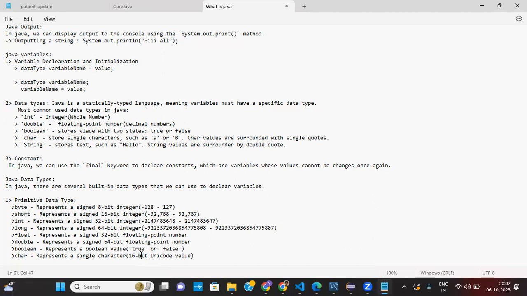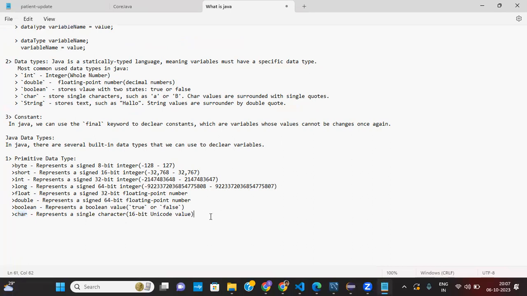Because if you convert this character data type to an integer, it will give the ASCII value of that character. So next, what do we have? Next we have non-primitive data types.